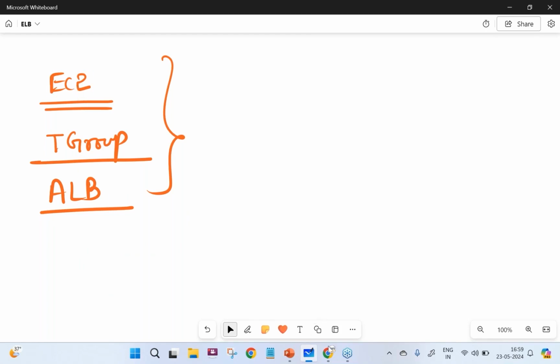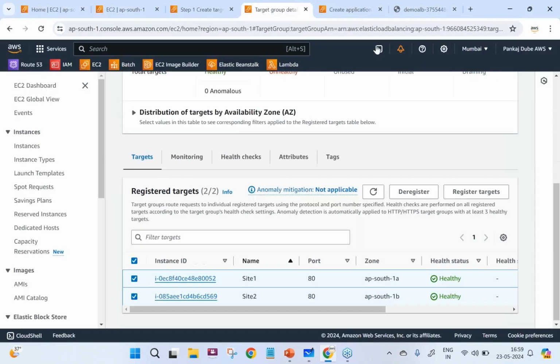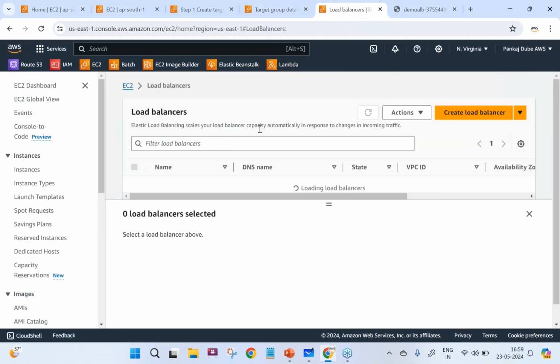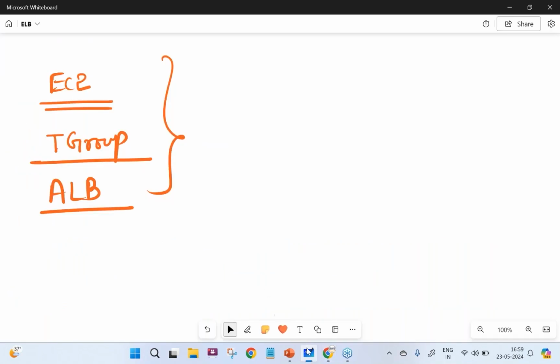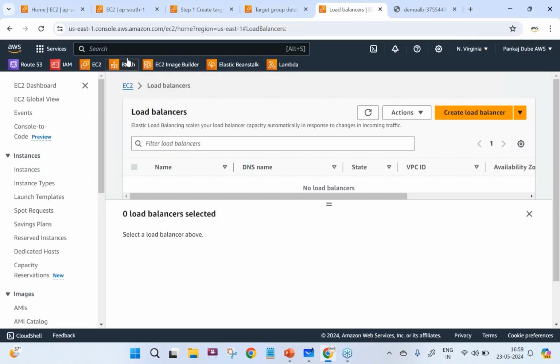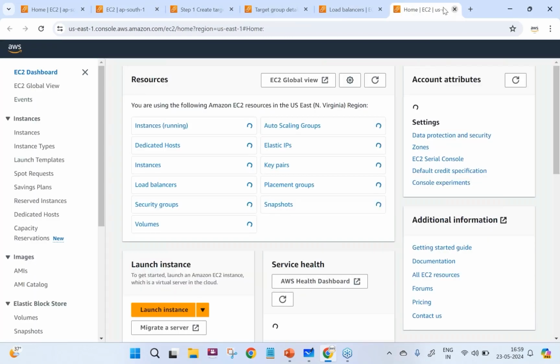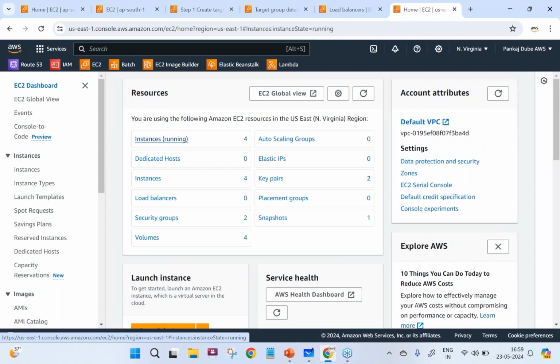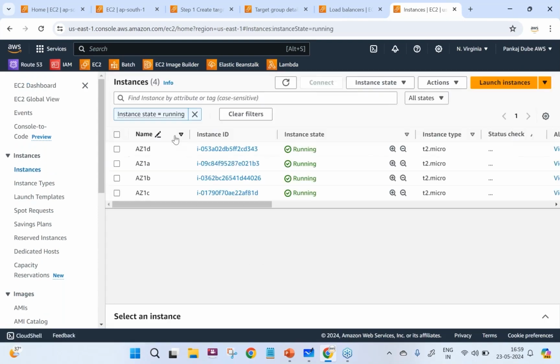So first I need EC2 instances, and I am going to create the load balancer in the North Virginia region, so the instances should reside in the North Virginia region. For this demo, to save time, I have already created 4 EC2 instances.